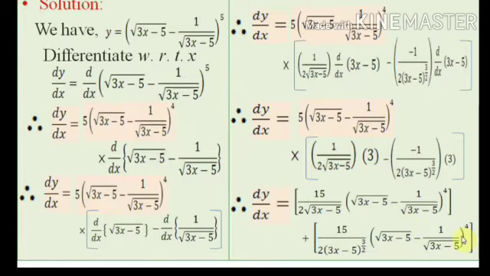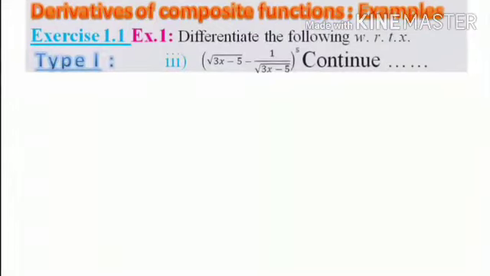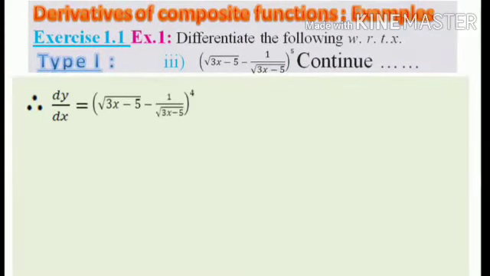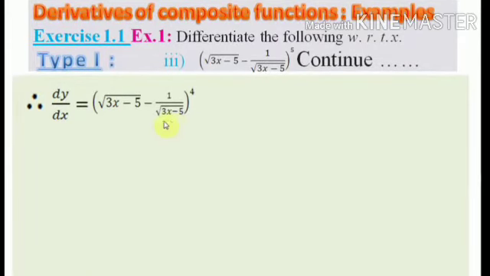Okay, now in this step we are looking at the bracket in both the terms: (root of 3x minus 5 minus 1 upon root of 3x minus 5) raised to 4. These two terms are the same, therefore we put them outside the bracket, and therefore the derivative becomes, dy by dx equal to, the common factor taken outside the bracket,